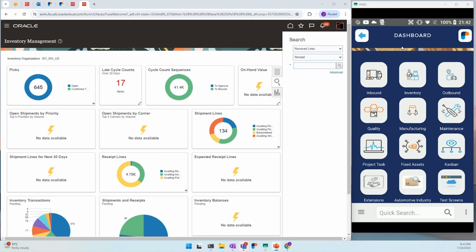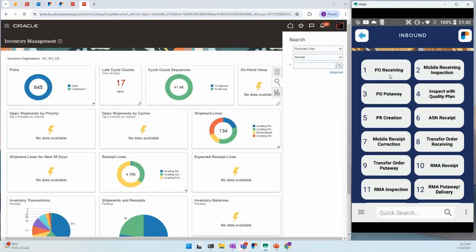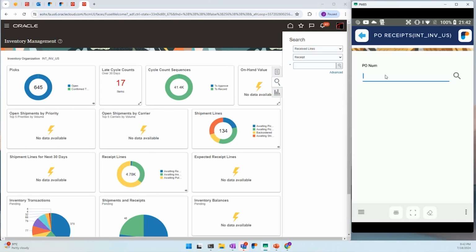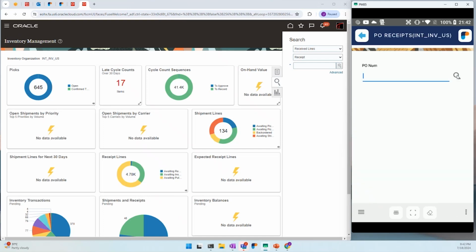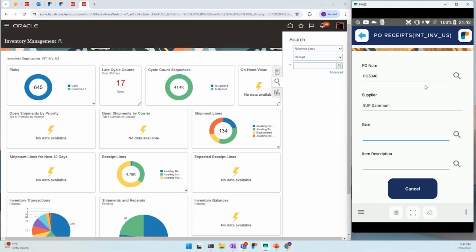And so we're going to start with our inbound process, and we're going to start by doing our PO receipt and receiving that item off the dock. And so we can enter our PO number by scan, or we could use a list of values in order to actually see POs that are available and select that from that list. In this case, we're going to go ahead and scan it in because it's just more convenient and it actually